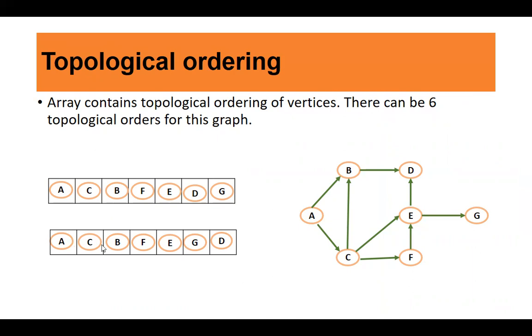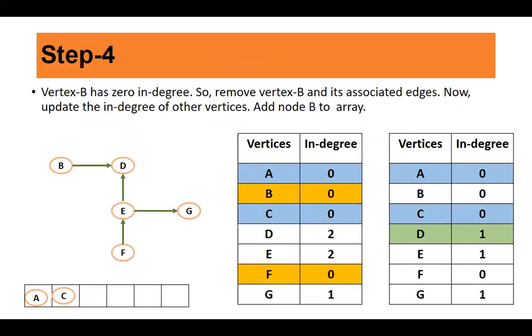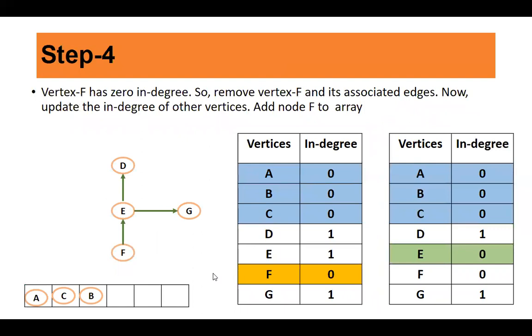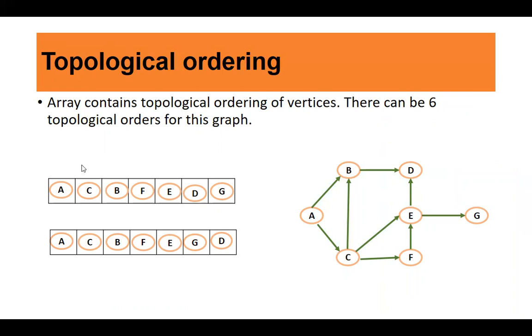And in the previous example also we had options. If you remember, here we had B and F. We selected B, but if you select F, you get another ordering of the topological sort. So you can have a minimum of 6 topological orderings for this given graph. All are correct. You can write any one of them. It is a very simple and easy concept of graph theory, where you order the vertices of the graph depending on the prerequisites or dependencies.